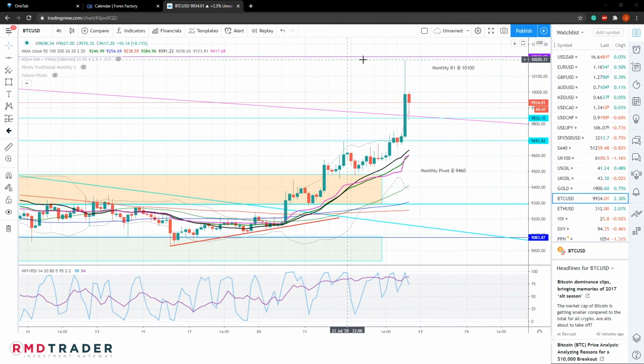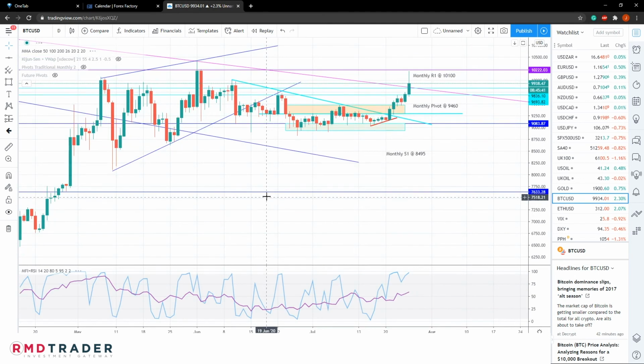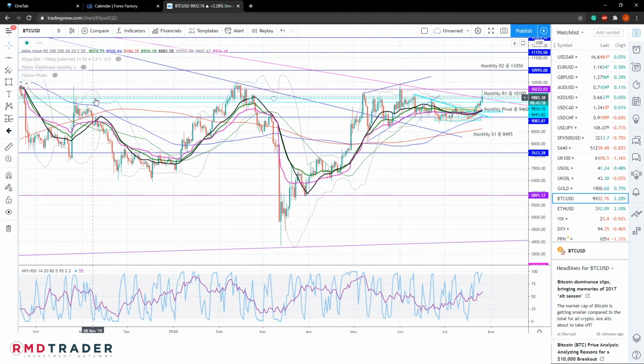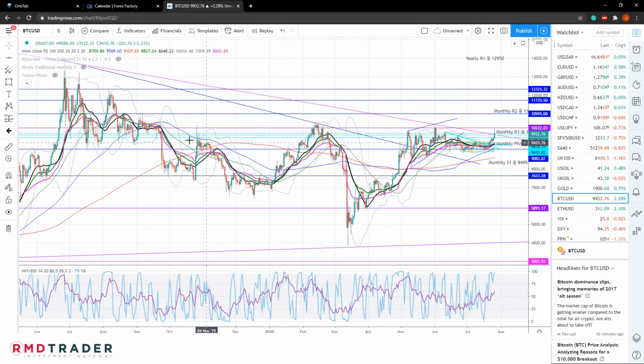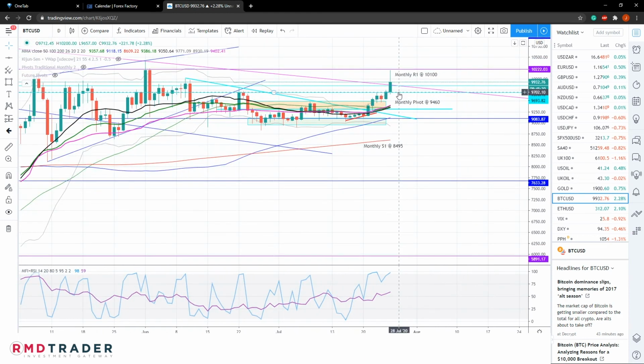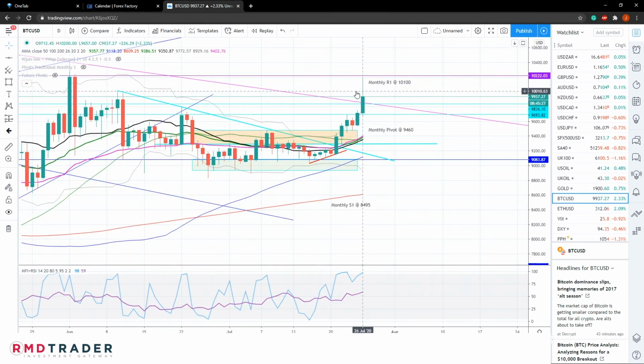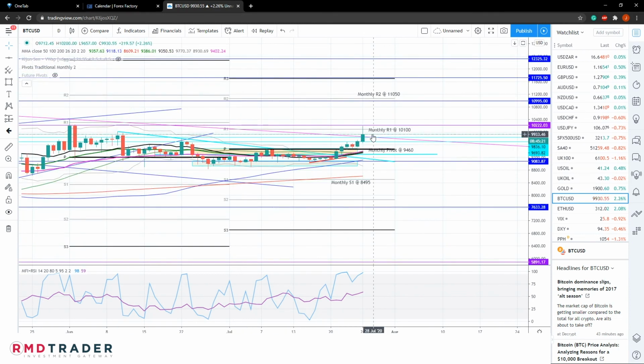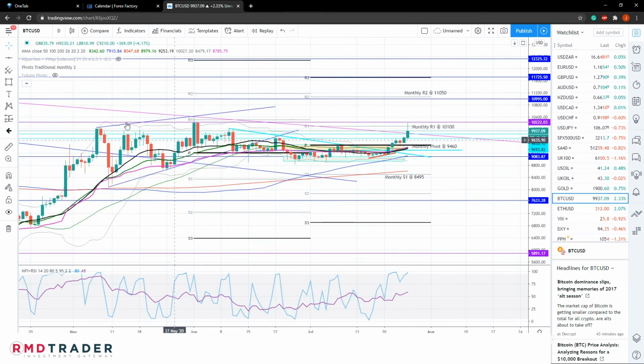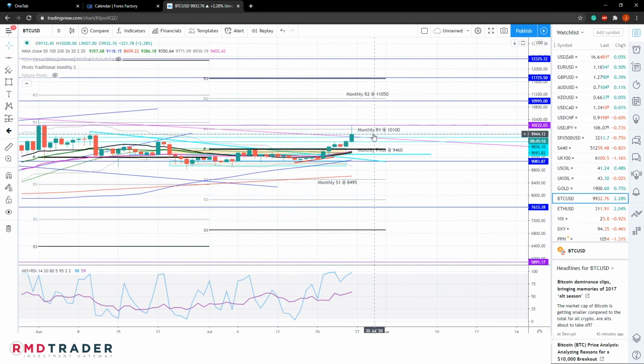That would be that purple line that we see over there at 10,222. And if I quickly go to our daily time frame, we can see that level extends back quite a while, to as far as June last year. So very, very important key level as well. And just trying to understand where we might be going from here onwards. So if we do manage to stay above this diagonal purple line, and we manage to clear, of course, and stay above this monthly R1 pivot at 10,100,